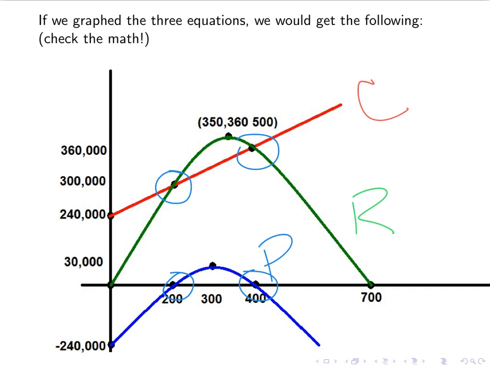So the only other points that we really needed in order to graph this are the y-intercepts, which are fairly easy to find, the x-intercept for r, and then the vertices. So there is a little bit more work in graphing these. We have a bunch of points we need to find, but it is graphing three equations, two quadratics, and a line. So just keep that in mind, but this is what the general picture will look like